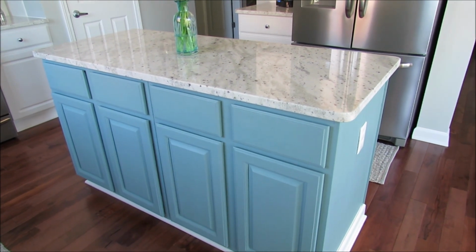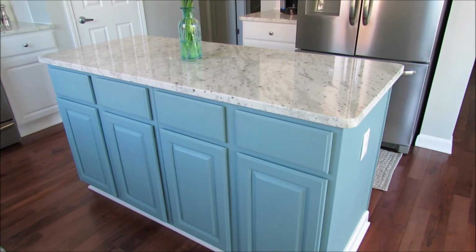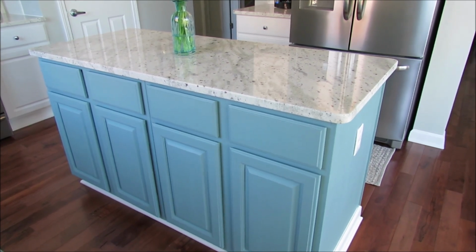We did keep the original island that was in here. Obviously, we got new countertops, which look so much better than what was here. And the cabinets were dark, so I definitely wanted to paint them. But before we moved here,